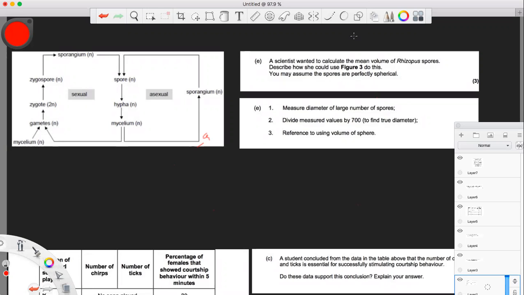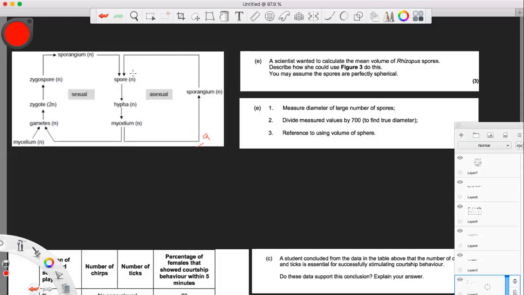Remember, meiosis is making of gametes. So gametes are being made. The cells are going from body cells to gamete cells. Body cells are diploid. Gamete cells are haploid. So whenever you have a diagram that looks something like this in the future, and they're asking you to identify where meiosis happens,